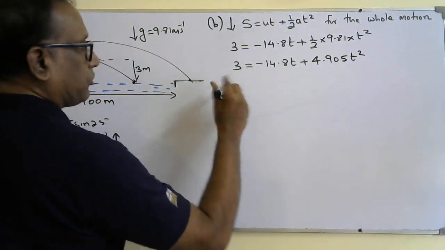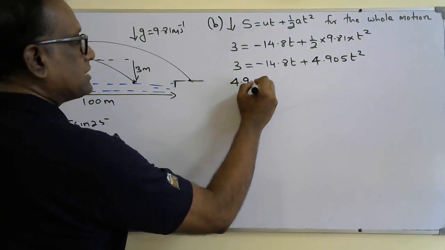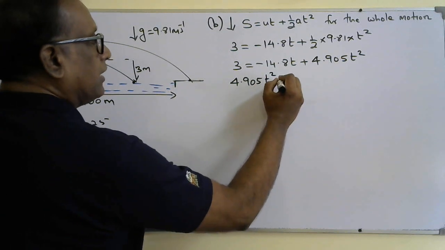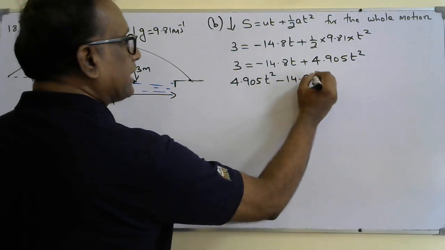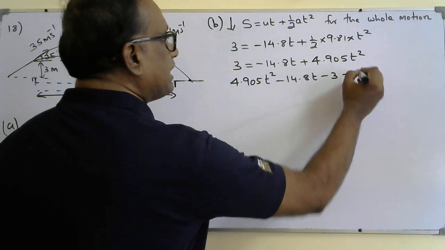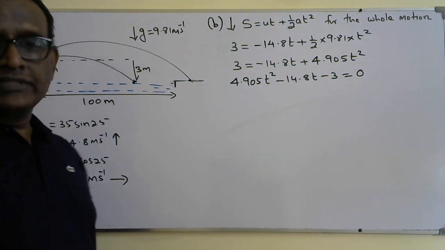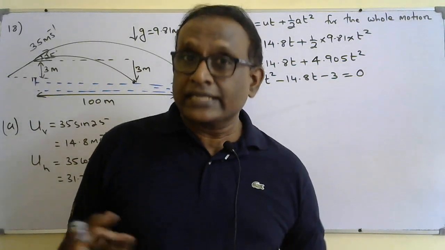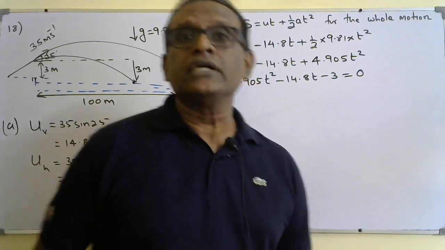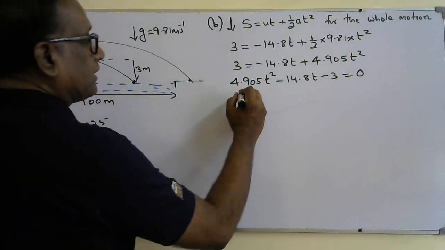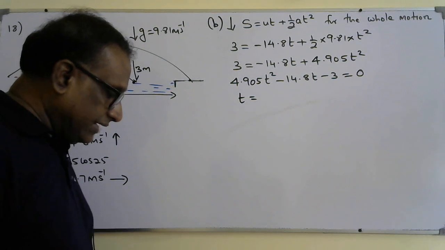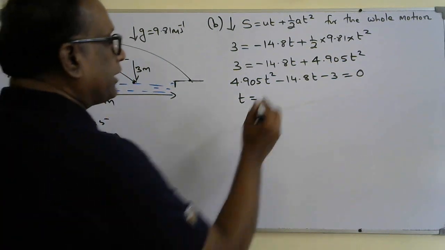So it's a quadratic equation. Rearrange it. 4.905 t square minus 14.80 t minus 3 equals 0. So you know how to solve this quadratic equation by using your calculator in the equation mode. Solve it by using calculator. So you will get the answer. T will be equal to 3.21 second,